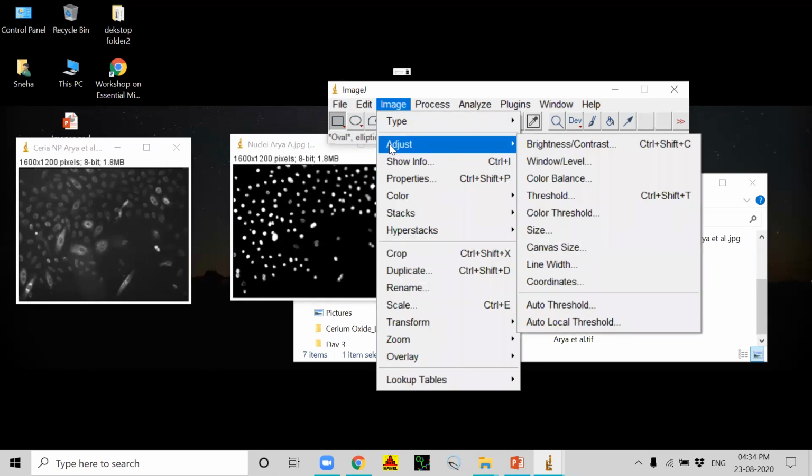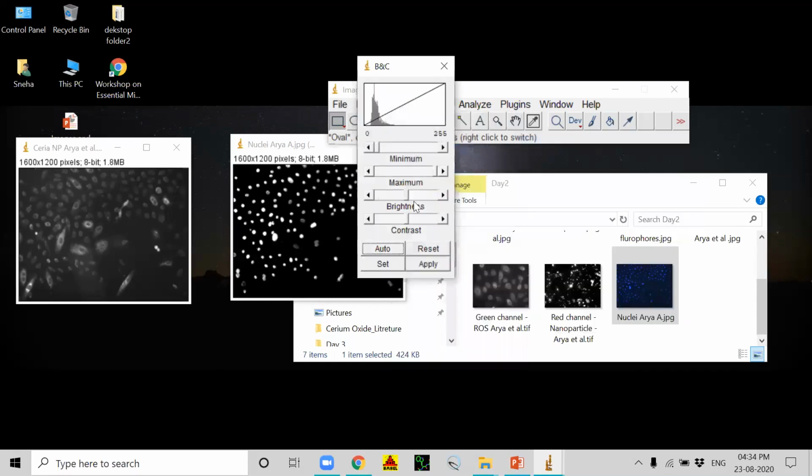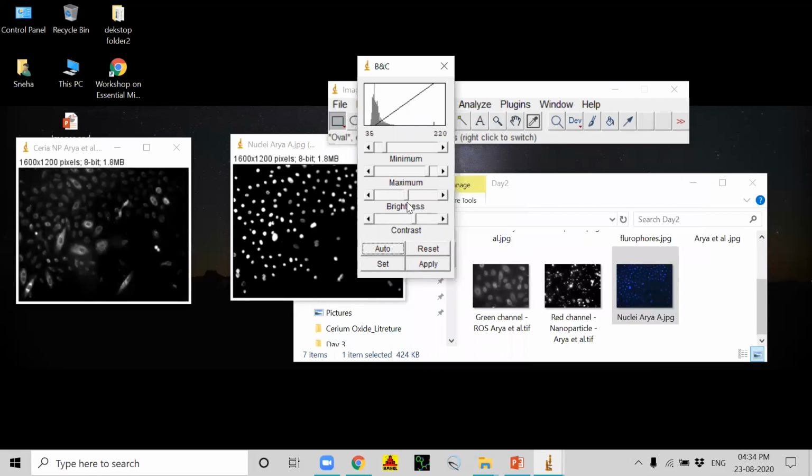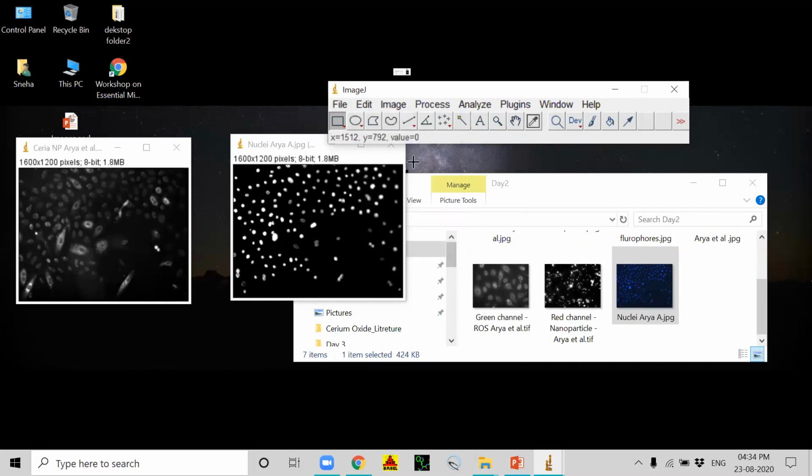for Syria nanoparticles. Again increasing the contrast, like you can see the changes. So a little increasing the contrast and minimizing the brightness. Not so much. Okay, apply. So what next is,